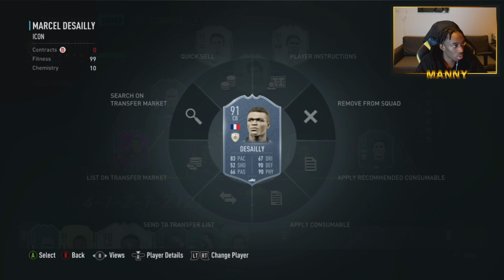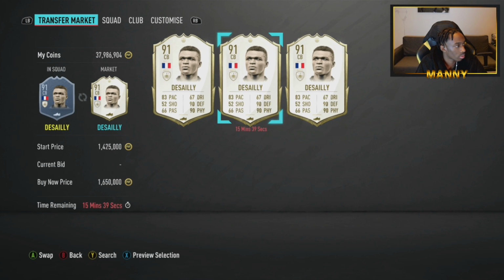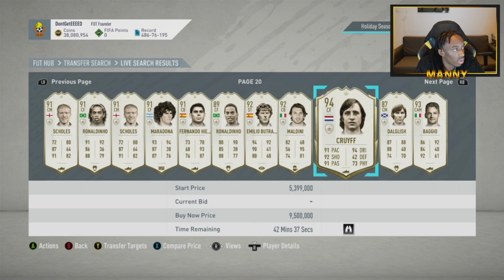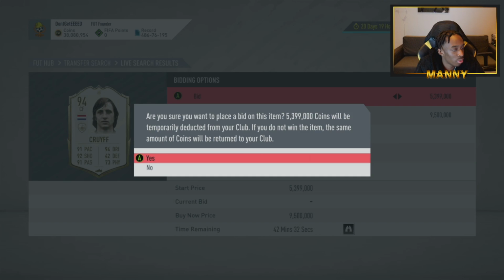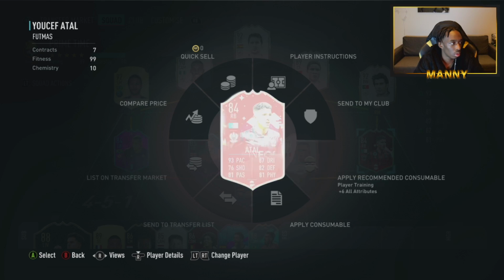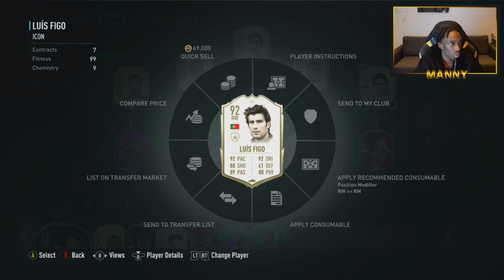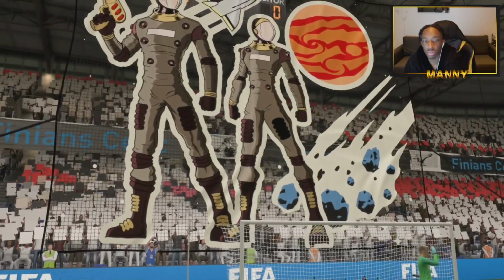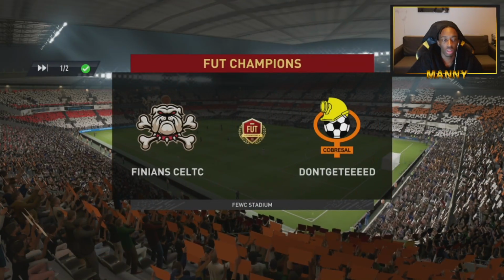So Figo was our first other purchase after we got that Raul on stream the other day for 2 million. I had a trigger finger and I couldn't resist getting the Raul, but we got Raul, we got Figo, we also got a Kocha, and there you can see me just about to bid on this 94 Cruyff, which at 5.3 or 5.4 million coins is a lot. To be fair, it is a lot, and I didn't think he was going to stay at that, because obviously the person knows that is just the starting price and it's probably going to go up in some sort of bidding war. But yeah, we built a team, got into our first FUT Champions game, and this was initially